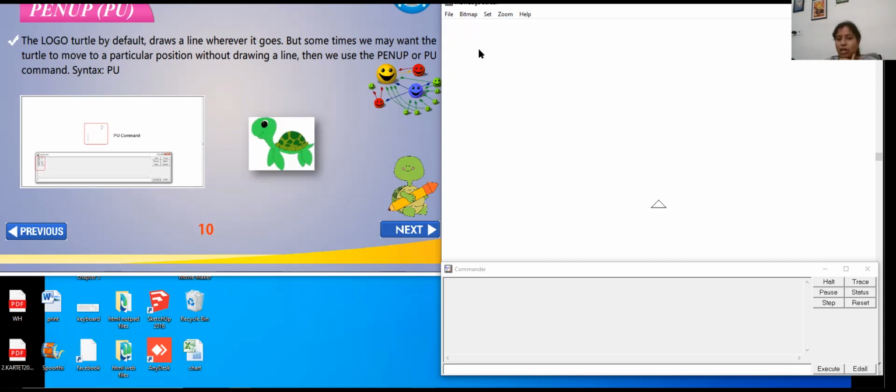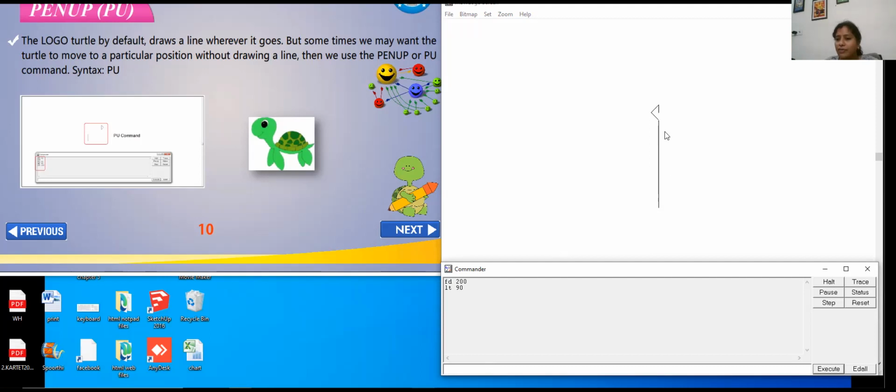So in that case, what happens? The turtle will lift up the pen, and wherever it moves, the pen will not be visible. Let me try it. See, I'll just write forward 200. Now I will say LT 90 degree.